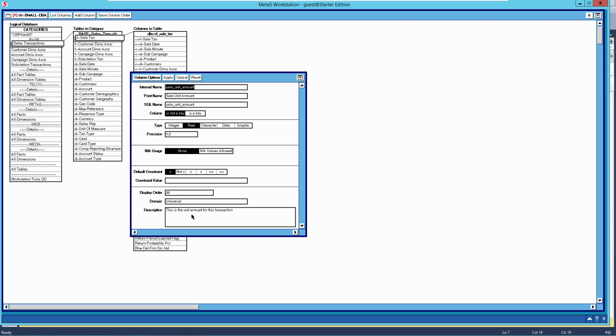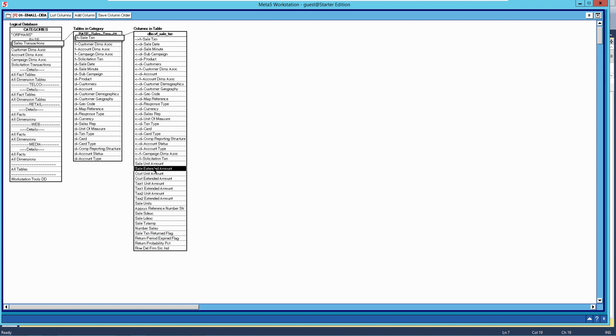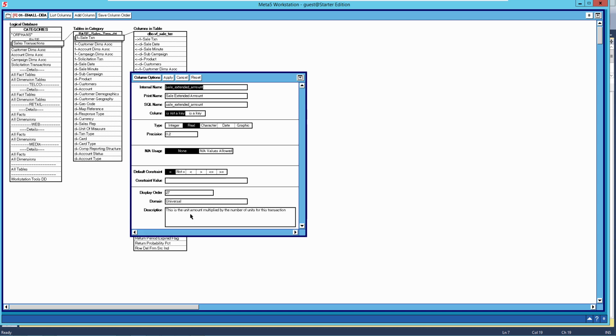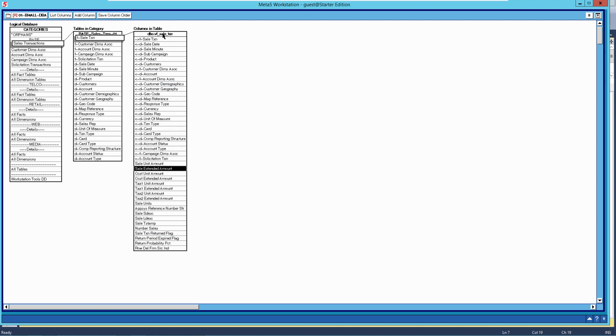So this is the unit amount for this transaction, and then this is the unit amount multiplied by the number of units for this transaction. So it's the extended amount, etc. So you get the idea. But this is a sales transaction. It has an integer key for each record within the sales transaction table. It has the lookup keys, including the keys to the association tables. It has some data on it, and it has some